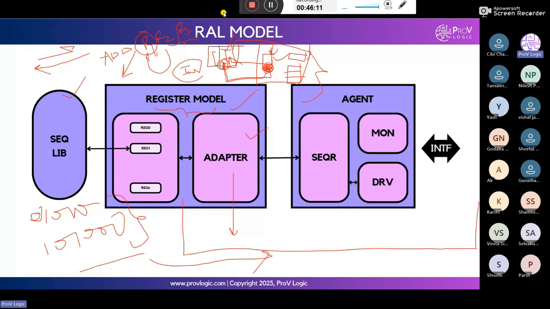Front door access means there will be an agent and a DUT: from adapter to sequencer, sequencer to driver, driver to DUT, as we discussed before. Backdoor access means we don't have the agent. We remove the agent and connect directly from here to here. We will see how we connect in a backdoor access. Everyone clear till here?